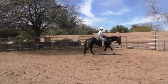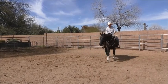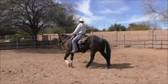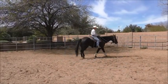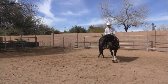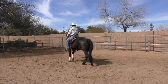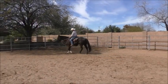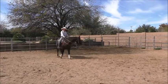The reason I'm doing it like this is people think that a correct turnaround is a horse rocks back to get that turnaround, when in fact a turnaround is where it's thinking forward motion with the horse. So from the very get-go, I want to think forward motion with this horse and just teach one step at a time. So I'm going to get softness in the face, get him on this arc, and notice my hand's